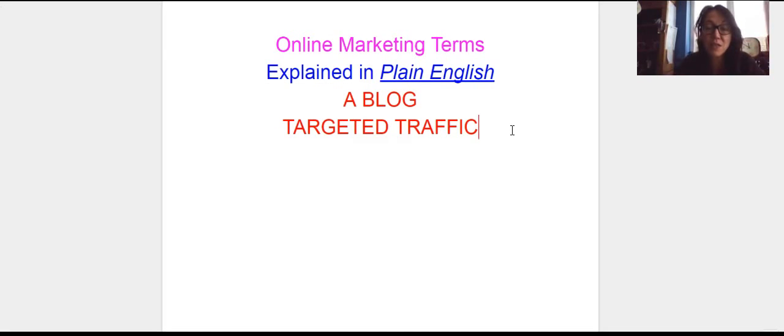Targeted traffic is not just any visitors, but a visitor that already wants what you are offering. So that is the best type of visitor, isn't it? It's a visitor who is ready to buy from you because they already want your product or service. And believe it or not, there is a way to create targeted traffic to your offer, to your website. Isn't that amazing?